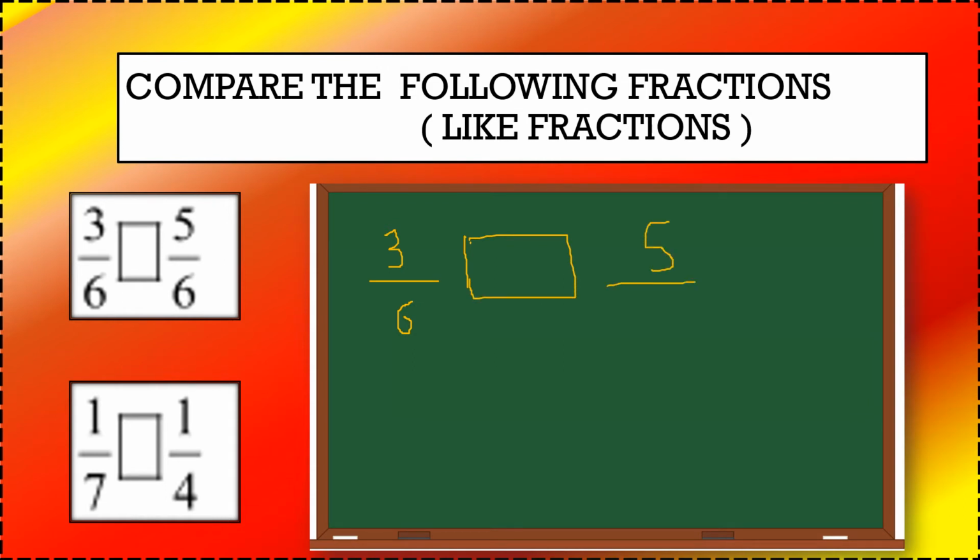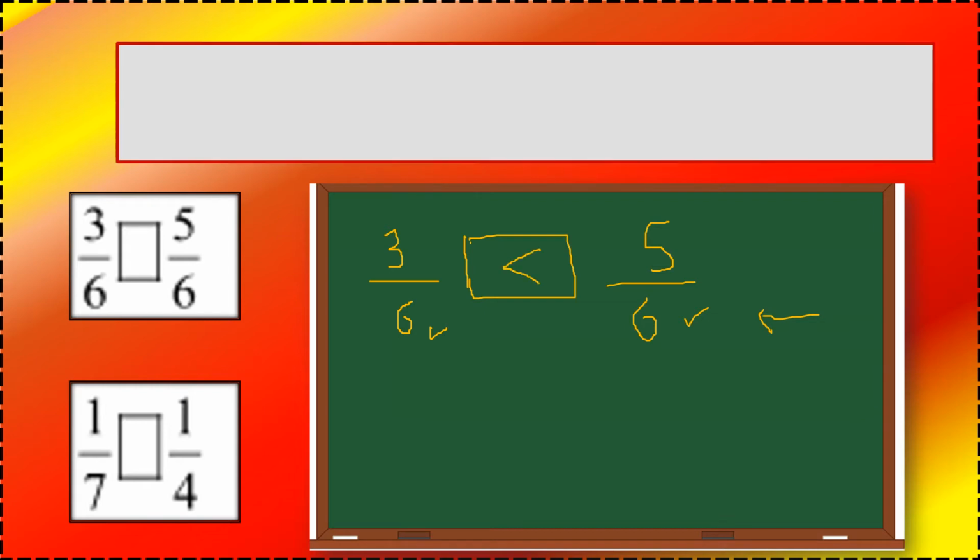Now clearly, first step is you will look at the denominator. That is the first step. And here the denominator is same. So when the denominators are same, then you will only look at the numerator, like here 5 and 3, and compare. And which is greater? Is 5 greater, children, or 3? 5 is greater. So I will put a greater than sign like this. So we can say that 3 by 6 is smaller than 5 upon 6.